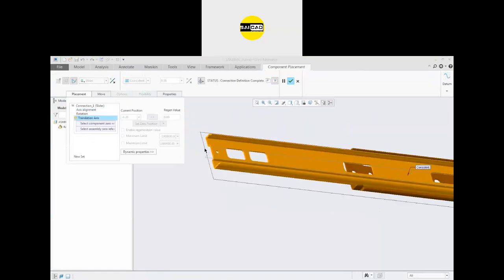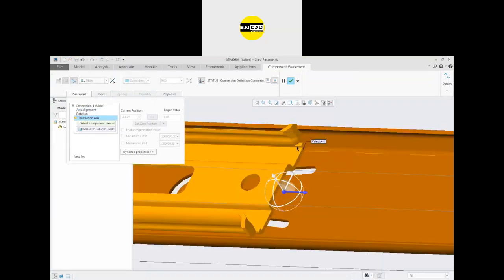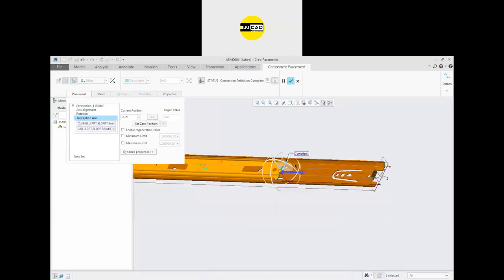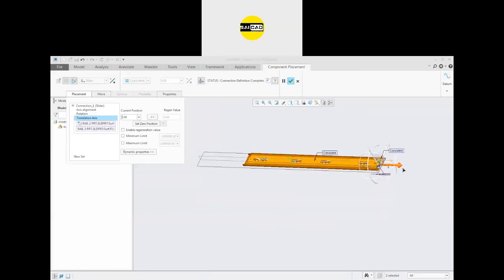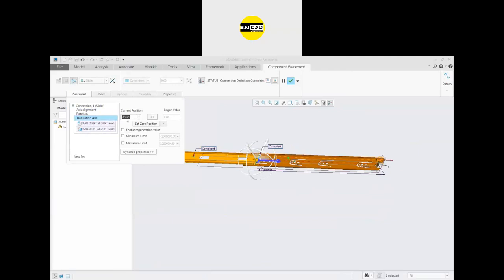I want to translate this component from here and here. So this gap should be minimum 0. You can see the current position is 0, and I want to move it maximum up to minus 15. So I want it to move up to minus 16 now. So here is the limit from minimum to maximum. It should be minus 16 to 0.